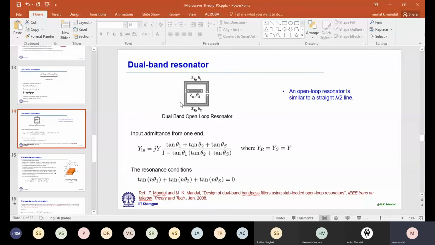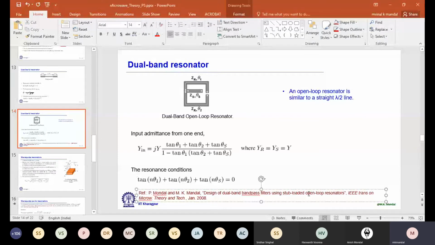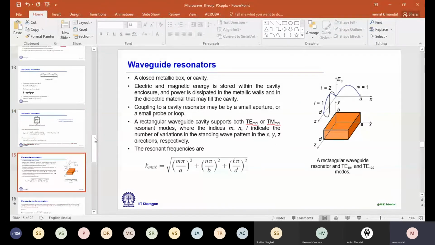This is another resonator, which we actually reported. It is almost for the same purpose, but it gives more flexibility if I go for bandpass filter design. If any of you is interested, it is published in IEEE Transactions on Microwave Theory and Techniques, 2000. Well, till this point, do you have any questions? Let us take a few questions. Otherwise, we will go to the waveguide section. You can switch on your microphone and ask me a question.